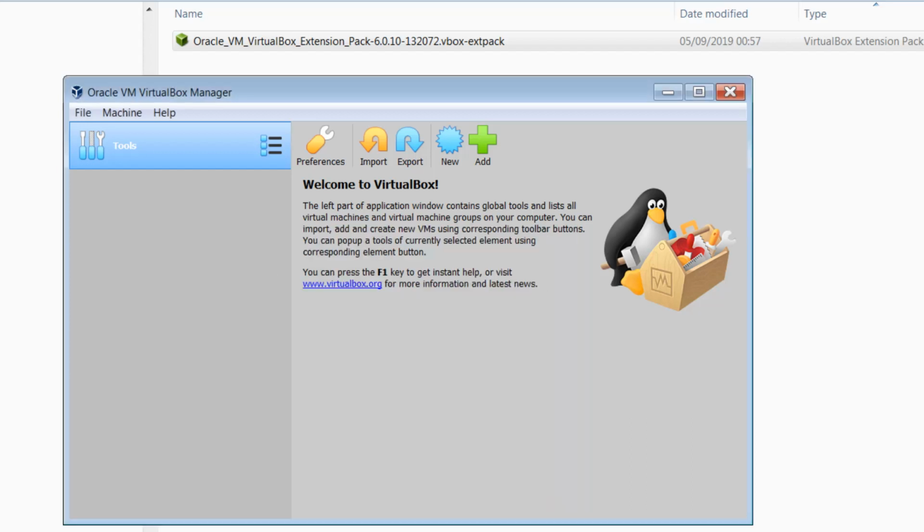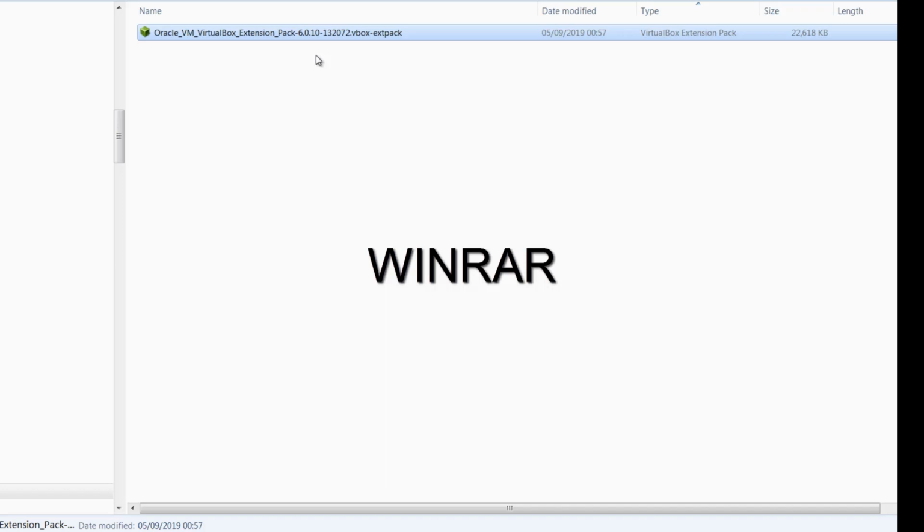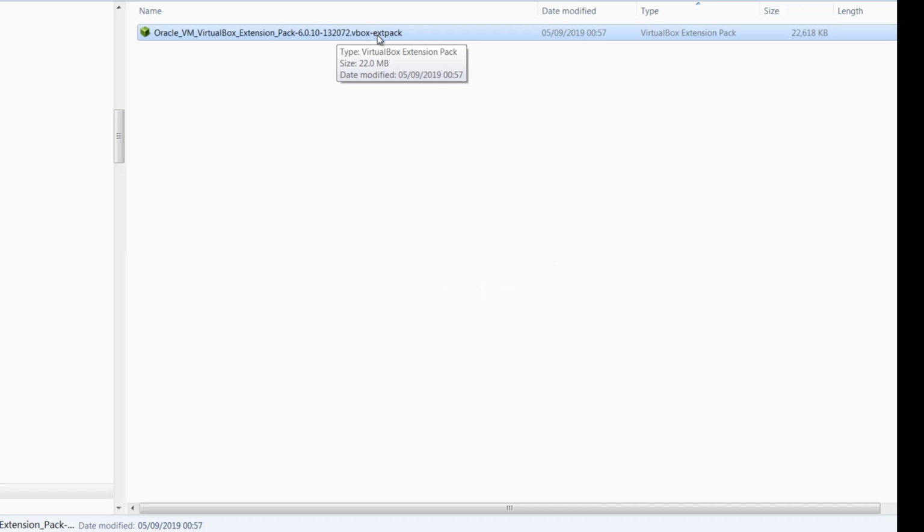Okay, so we click OK. We can come out of VirtualBox, or you can leave it running in the background. Now you've got to have RAR installed, so WinRAR. So go and install that from rarlab.org. But once you've got RAR installed, first rename